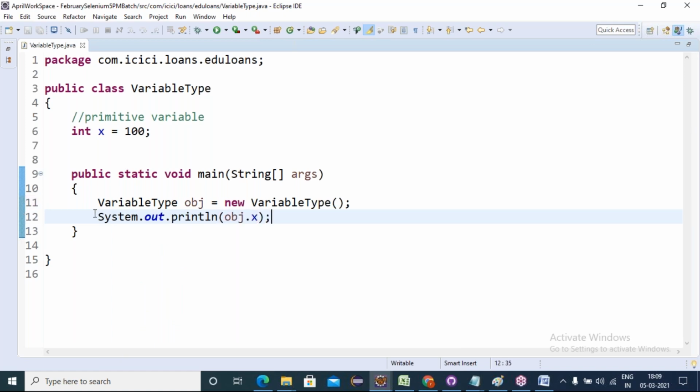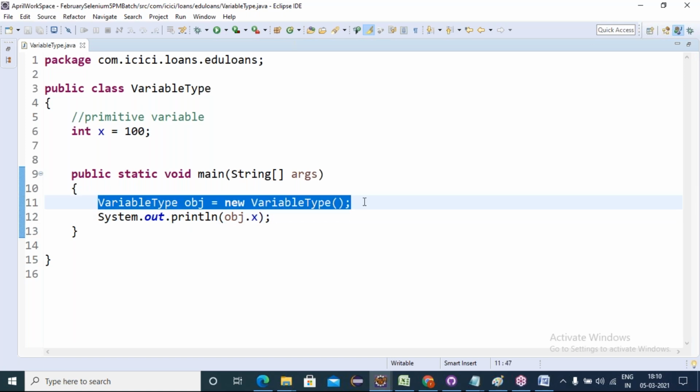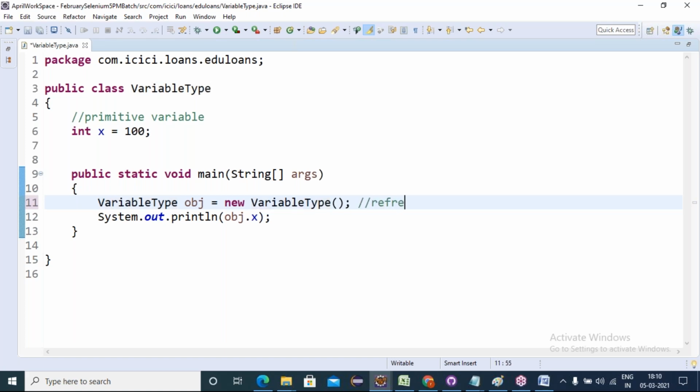So for any class object creation, you create the class object and store it into one reference variable of the class type. Here obj is a reference variable of this class. So any class object creation we call a non-primitive variable or reference variable.